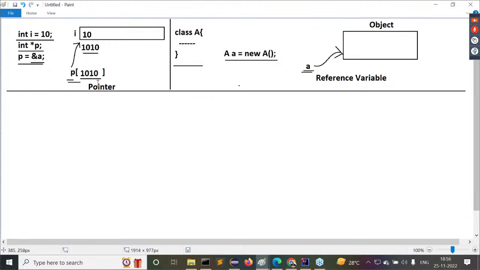Pointer variable, we know something, in C and C++. But we don't know anything about reference variable. It means first we have to understand how a reference variable is created inside Java. Yes, sir. Can I go for that point here? No. All right, sir. The topic is very, very important. In the next 20 minutes, we have to understand the content clearly.